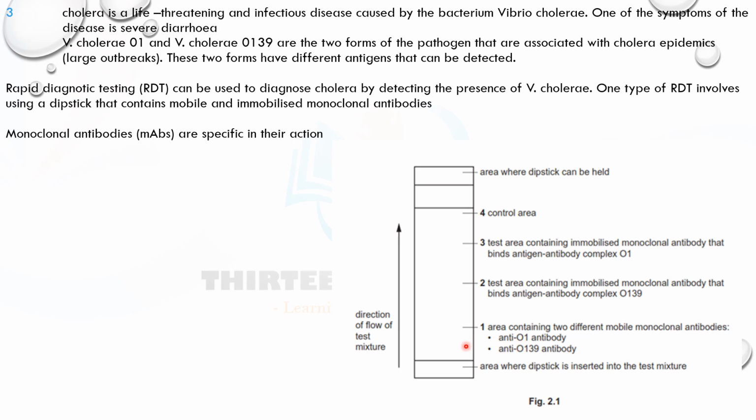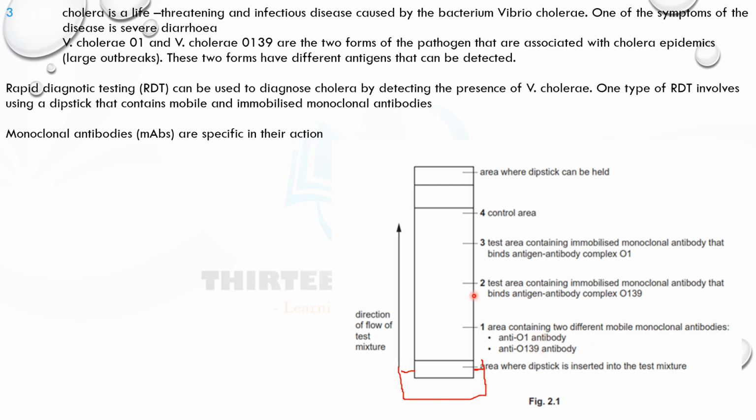They are here, but they're mobile. That means if we insert this into blood, let's assume you're inserting it into a test tube that has blood. Once they come in contact with the blood, these antigens start moving up. When they come here, they bind to the antibodies specific to them, and because these antibodies are mobile, they continue to move up. Once they bind, they form an antigen antibody complex for this and an antigen antibody complex